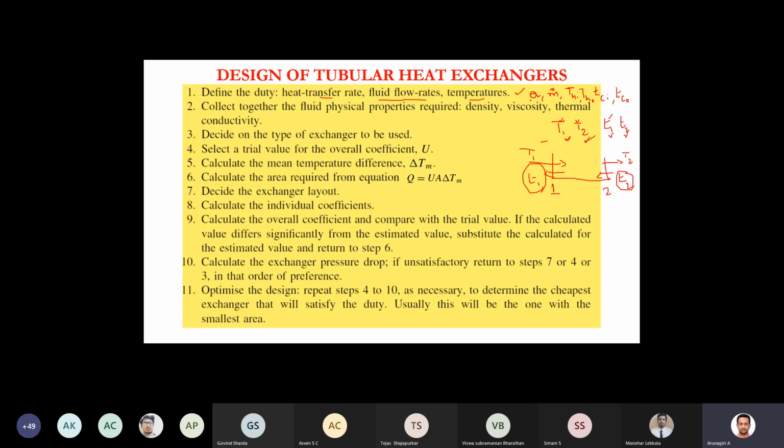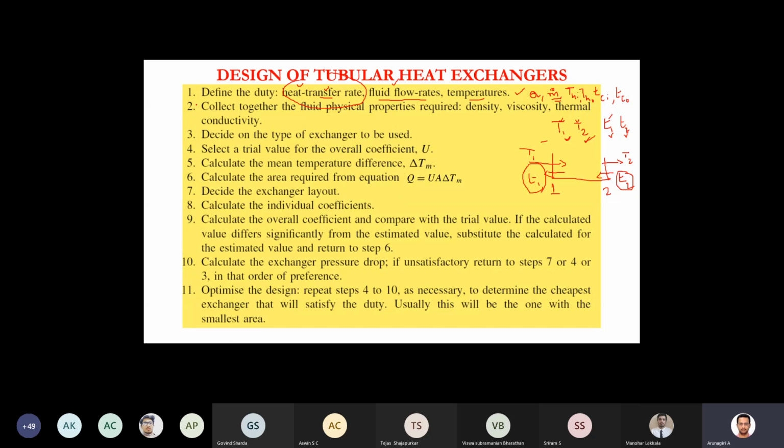So the mass flow rate or volumetric flow rate, and the heat transfer rate Q, that is the heat duty of the exchanger. This is the main thing that is being decided. By material balance and energy balance, we can get these two values, heat transfer rate and flow rates. So this is the first step, because these will decide the objective mostly. For this objective, we have to design the exchanger, to transfer this much amount of heat.